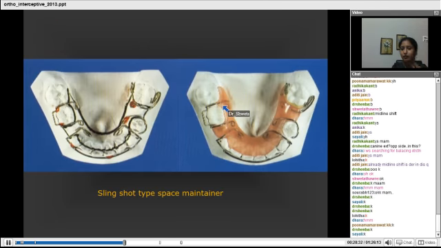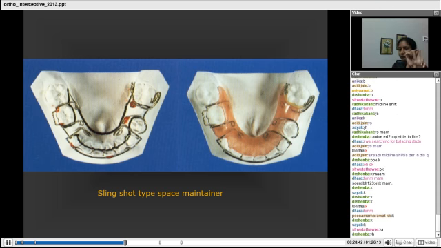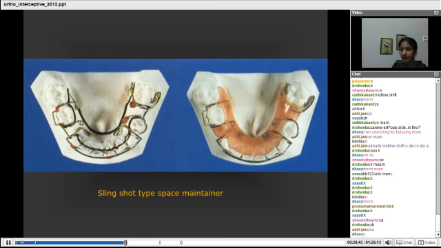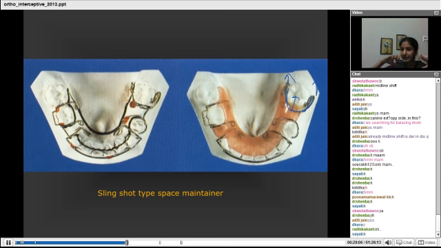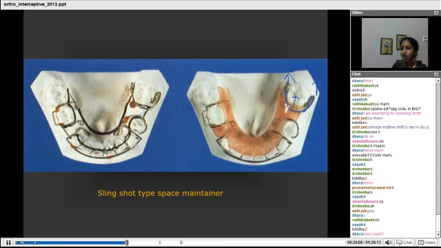Now these are removable ones. This is a slingshot. Now what is a slingshot? You know, a catapult. You must have played in school with a rubber band and a piece of paper, that's a slingshot. So it is something like this only. This is your catapult over here, and it is applying pressure. Because of the pressure, it is getting pulled in this way. So your molars are easily distalized, creating space. That is a slingshot. Clear?